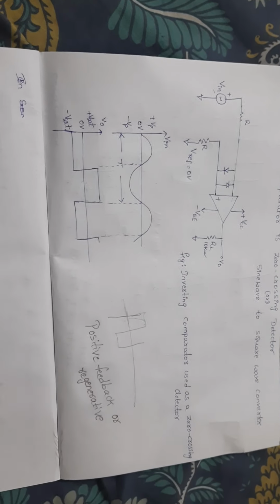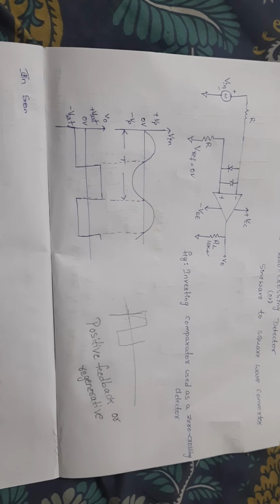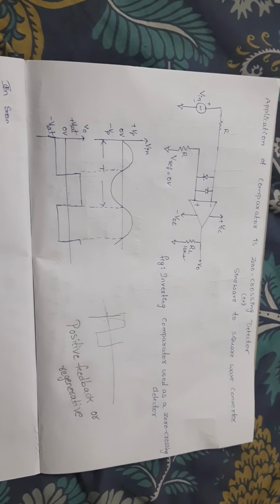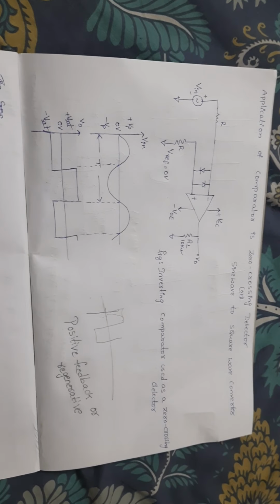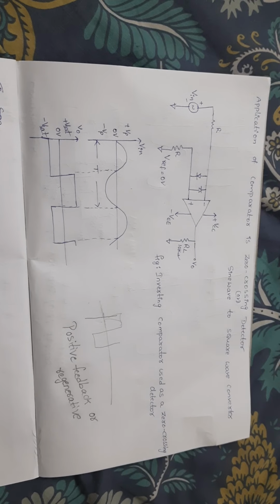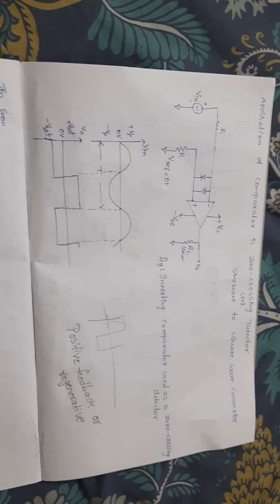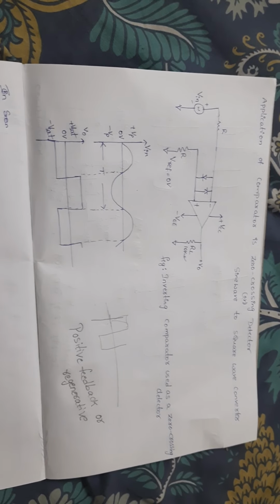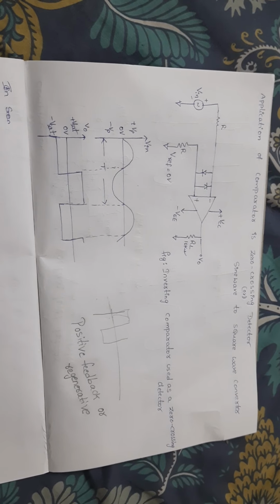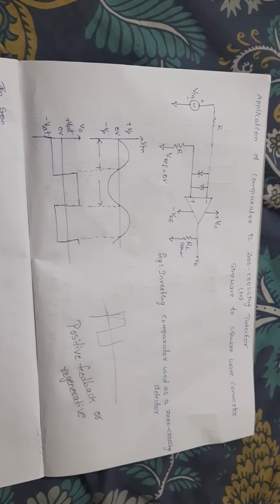So one of the positive feedback or regenerative circuits which we are going to study is nothing but the Schmitt trigger. Okay, so the Schmitt trigger topic comes from the comparator topic. Don't forget this comparator, and we are using the zero crossing detector, which means 0 is the reference voltage. Then from that we are going for these positive feedback or regenerative circuits.